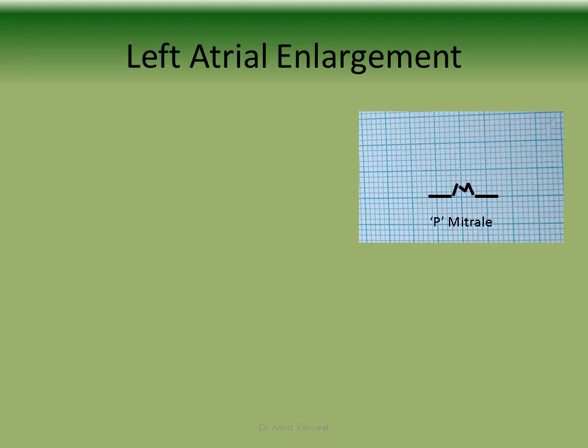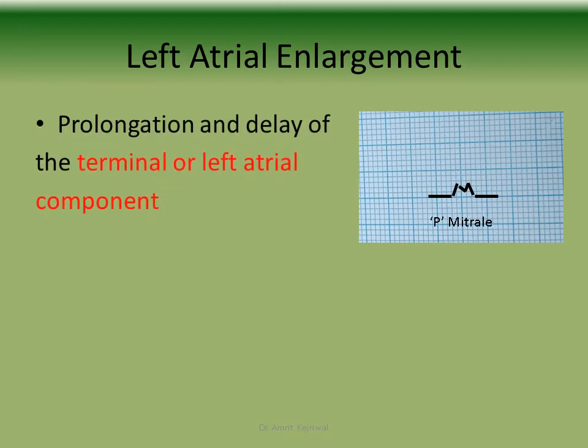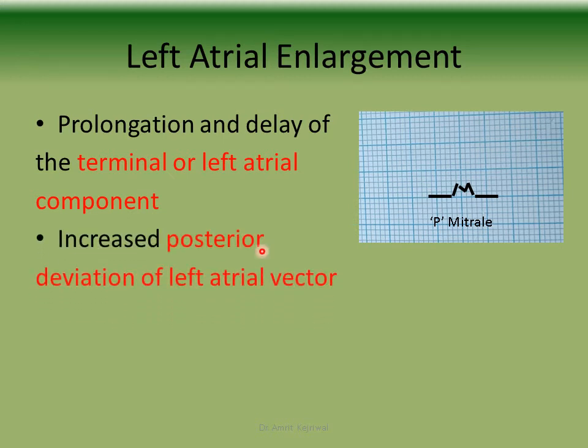Left atrial enlargement. We can see the P wave becomes notched, and it's a hump. You can see this hump over here. It's called P mitral. There is prolongation and delay of the terminal or left atrial component. This first component is due to the right atrium and the second component is due to the left atrium. So if the left atrium is enlarged, this component becomes larger, and there is a delay of the atrial component,